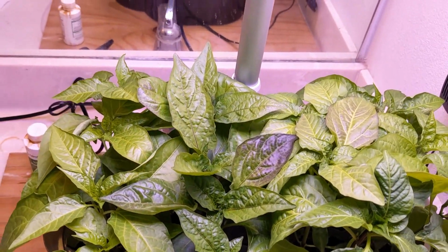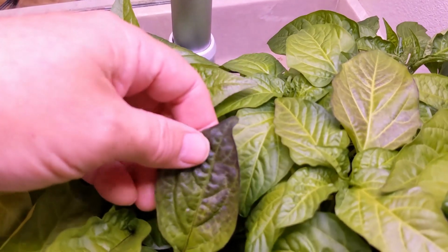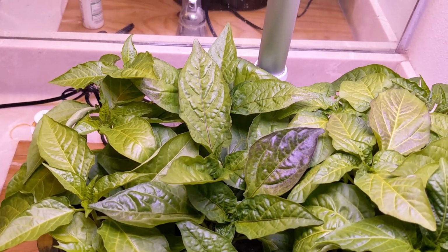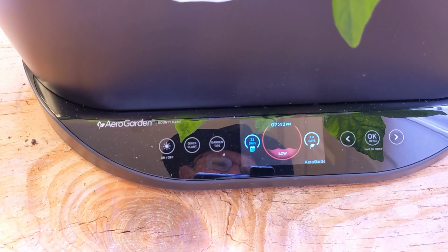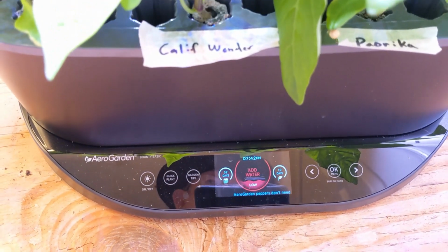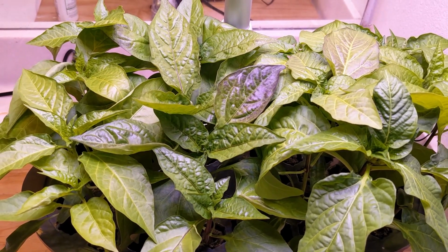So I've lifted the light up so you can get a better look at the plants, and they look good. There's a little bit of purple on a couple of these plants. I just need to get them repotted, and it's a good time to do it because the AeroGarden is saying that it's low on water. So rather than add water, I'm going to take that whole bowl outside to the patio and repot these